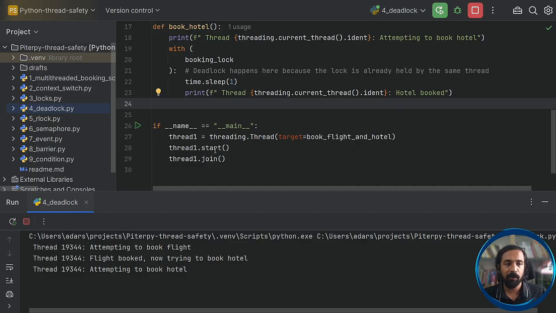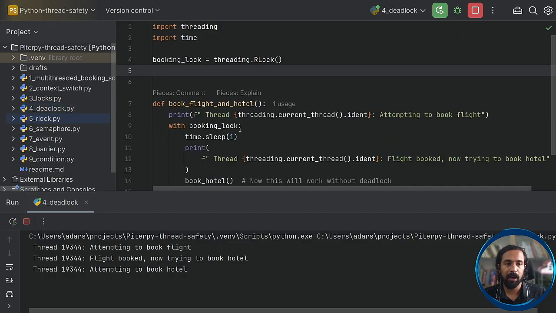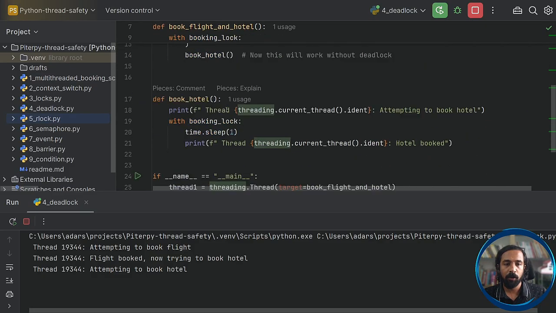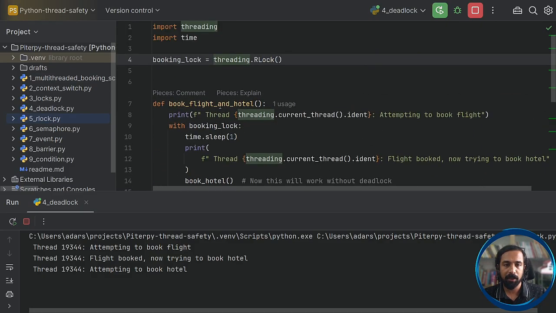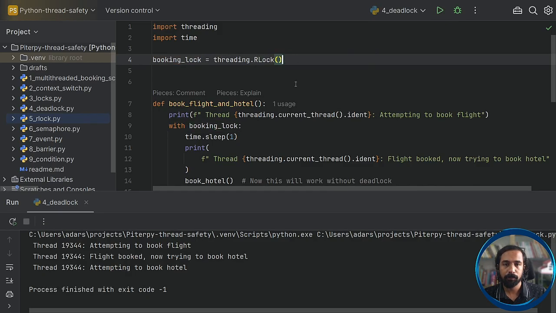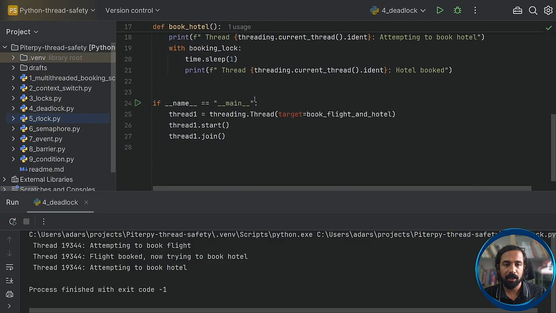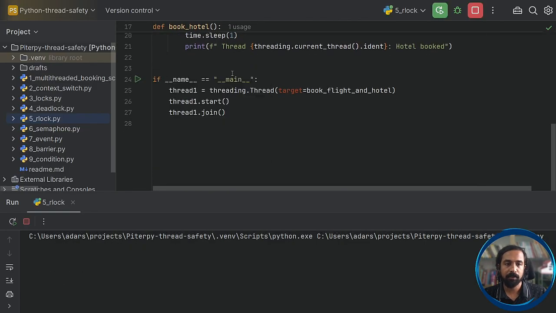Now let's see what happens when we use an RLock. So the code and everything remains the same, but instead of creating a booking lock object from the Lock class, we are using the RLock class in this scenario. Let's run this and see what happens.